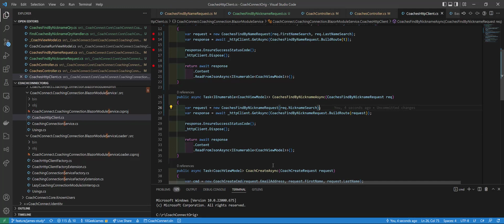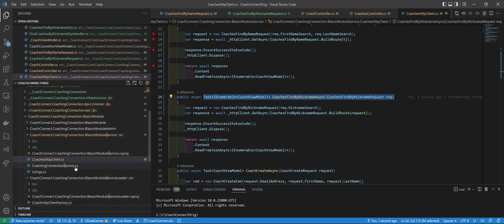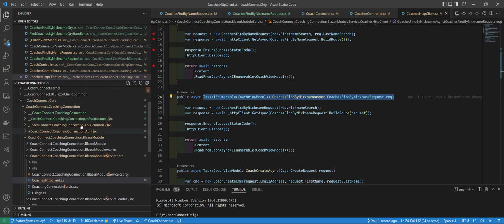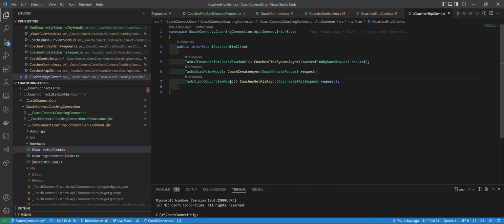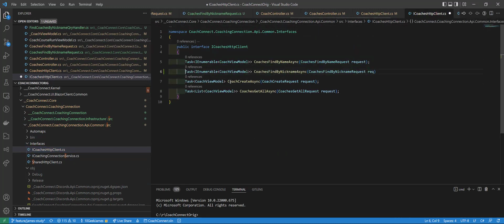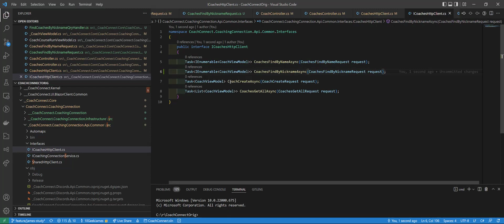All right. Still pretty good. I'm going to take the public signature of this and keep our interfaces and API common up to date. Something like that. That's fine here. Still looking pretty good.